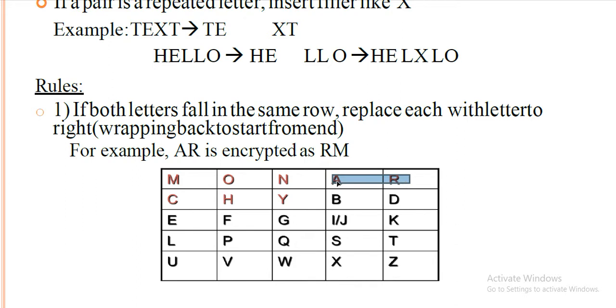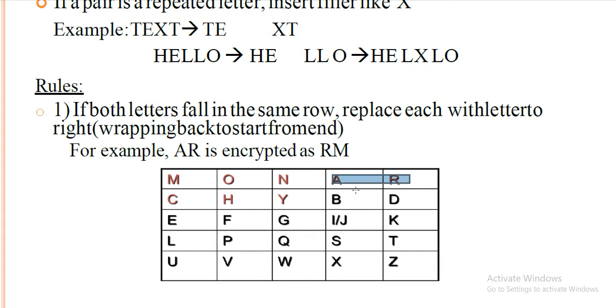So our first alphabet is A, and that is going to be replaced by R, because the next consecutive letter in the row after A is R, right? So A is replaced by R. Now R is replaced by the next one, but the next one is not over here. So we start from the row again. The first alphabet of the row becomes the next position after the last one. So R is the last one, so that is carried forward by the first alphabet of that particular row. So R is replaced by M.